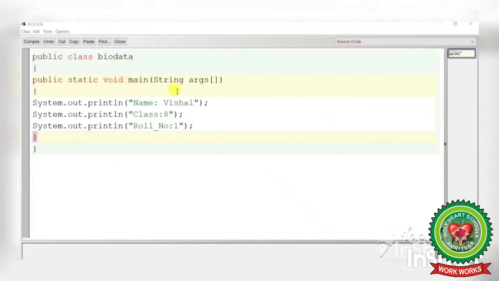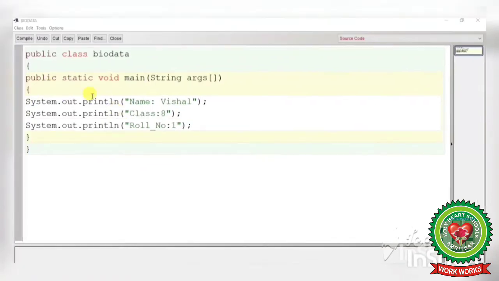The next words are String args and this bracket. This is the last part of this statement and it is also called command line arguments, where args is an array set of string objects that represents arguments or parameters passed onto the class at the time of execution. In the next line, we again have a curly brace. This brace indicates that the main body of the program begins from this point. And after that, we have the main program.